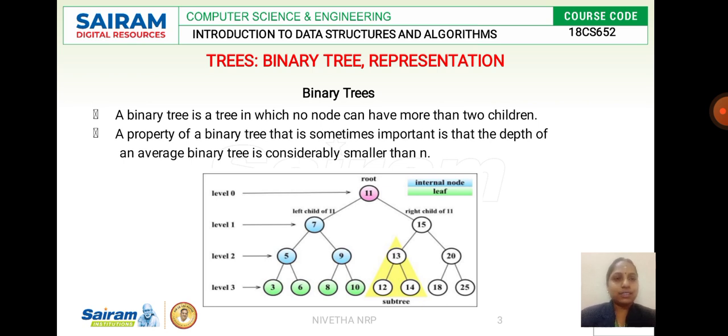Now we'll see the classification of trees. Binary tree is one among the classifications of trees. A binary tree is one where each node has exactly two children. We have already discussed the terminologies we have in trees: a root node, a parent node, a child node, and many more. In a binary tree,